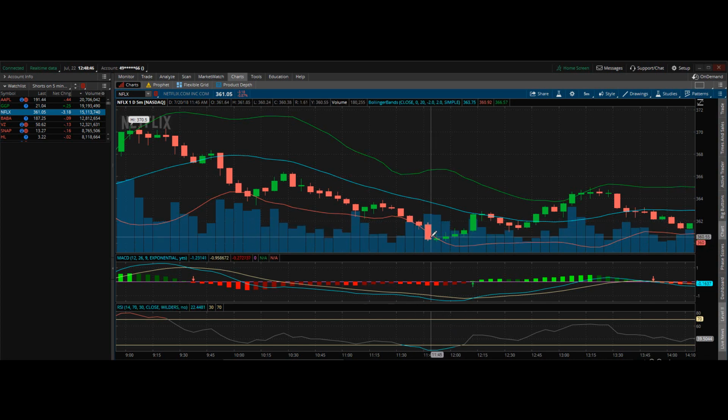As you can see right here, let's just say you generated this list and you just saw this and immediately just wanted to jump in. Well, if you jumped in, say you got in right there, well, heck, it starts going up, and right here you actually lost $1.68 per share. But if you look back up here where it actually took its huge dip for the day,